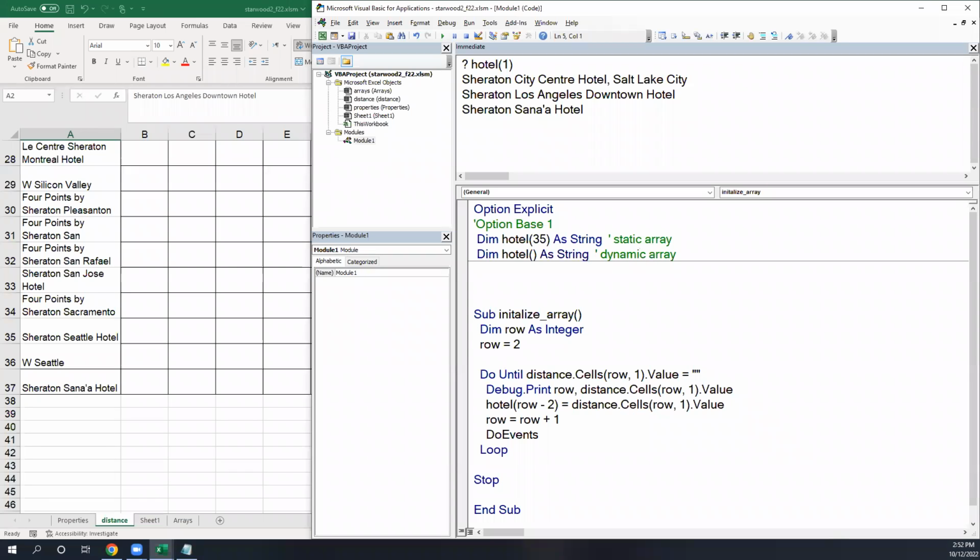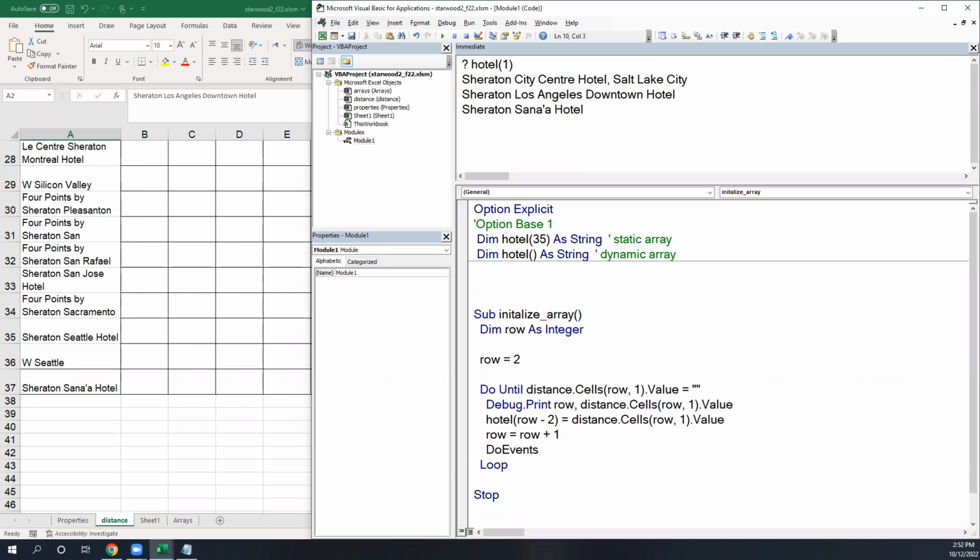Dynamic array. The important part to realize here is that variables get allocated at the moment that I load the procedure into memory. So before any other code runs, I've allocated the memory. So what I can't do